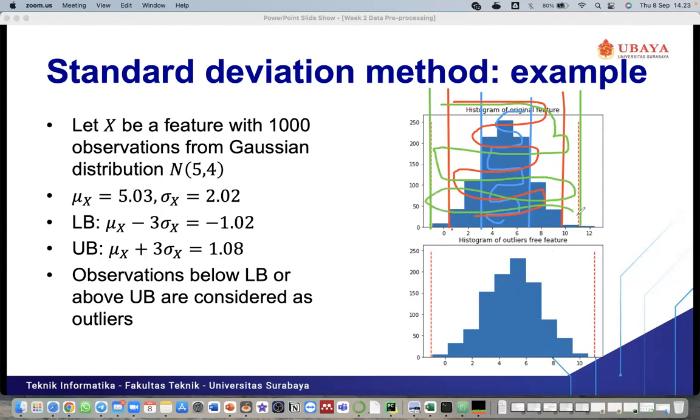Okay, so if we have values outside these areas, above the upper bound or below the lower bound, we can assume that it is an outlier.